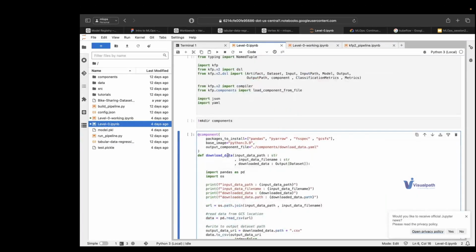No, we have to write the code. The best way is to create it in code. There are some tools which allow you to do drag and drop as well. Like I think Azure had that service a few years back. I'm not sure if they have discontinued it, but they had both, the drag and drop and the code.